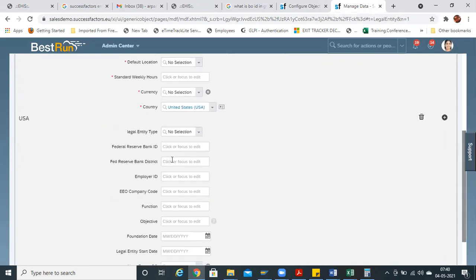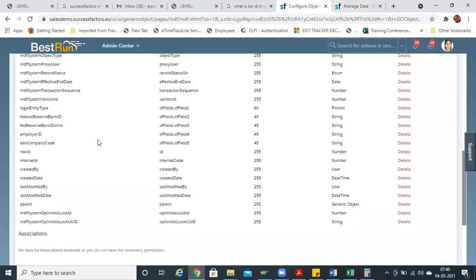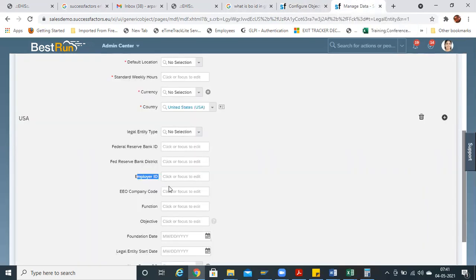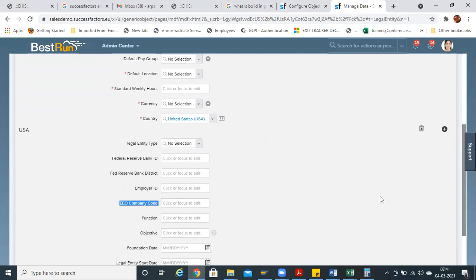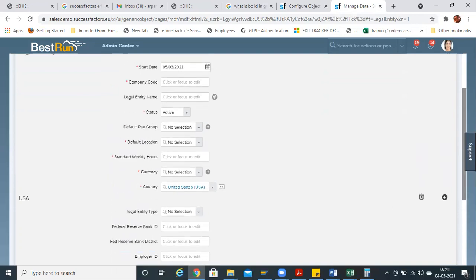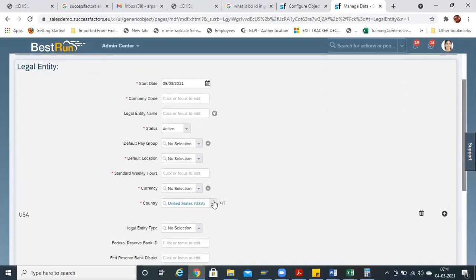See, Federal Reserve District, Federal Reserve Bank ID, employee ID. Employee ID is different. Employee company code is also there, which is a standard field. Employee EEO company code. So what are all these? If you select any other country, they will come there, for example Thailand.